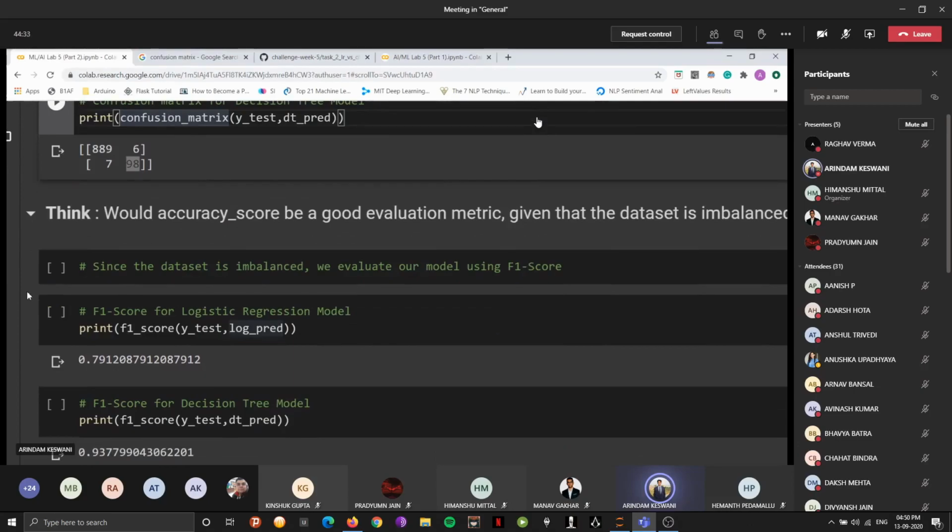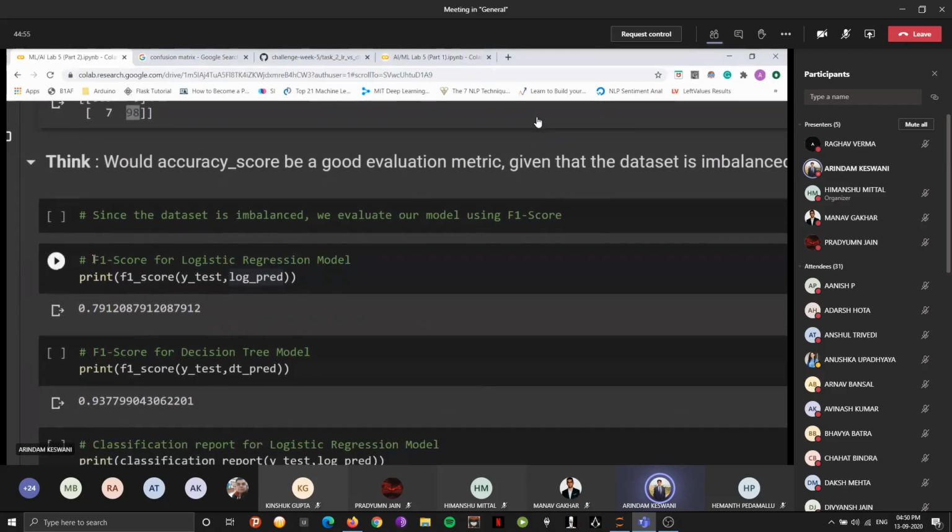For example, let's say we have 10 values, 8 of them are positive, 2 of them are negative, and we create a model and it says that all 10 values are positive. So our accuracy, technically speaking, will be 80%. Looking at it, it seems like a good model, we have 80%. But would it be a good model in reality? No, it will not, because it is not able to detect our negative values.